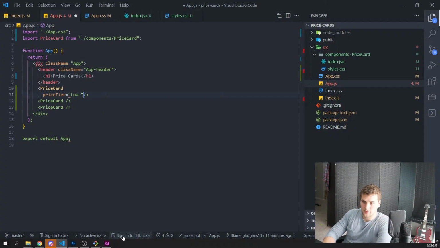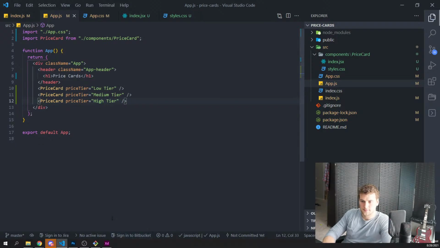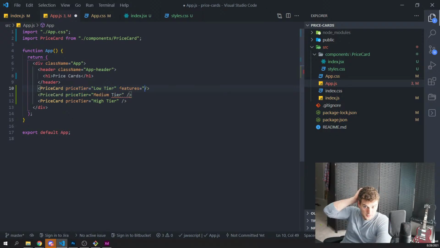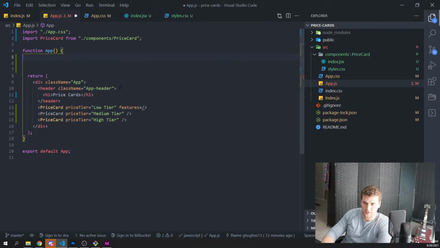Low tier. And then this gets medium, and then this gets high, and then these also get features, and that is going to be, yeah, we'll have some stuff up here. But